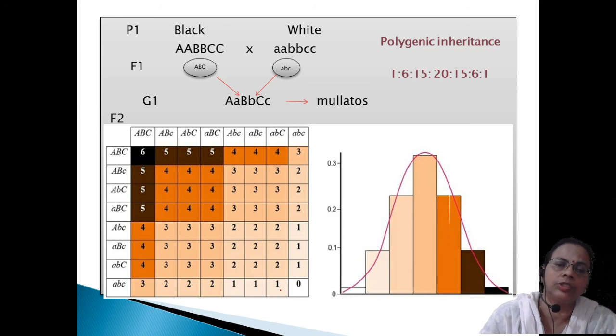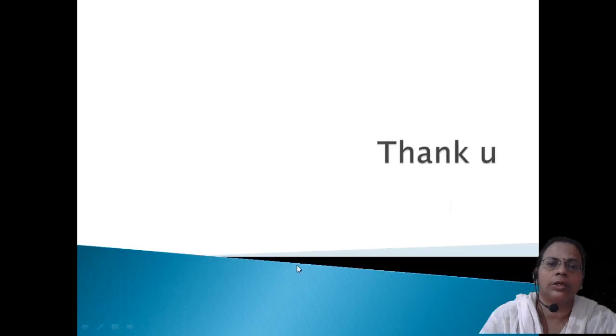When moving, melanin pigmentation dominance increases on one side, and when we go to this side, from complete melanin, gradually the melanin pigmentation decreases, and the last one is purely white. So with this we can conclude today's revision session, and next class we will study about linkage